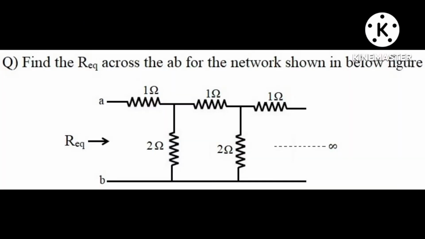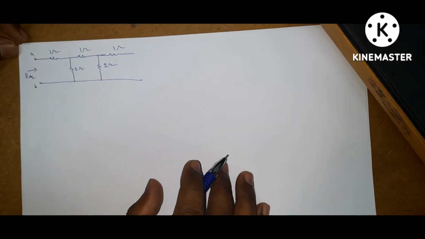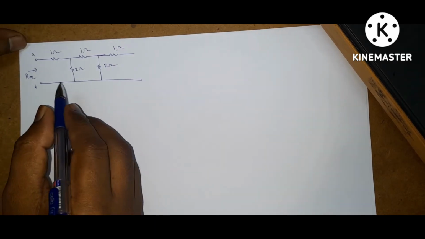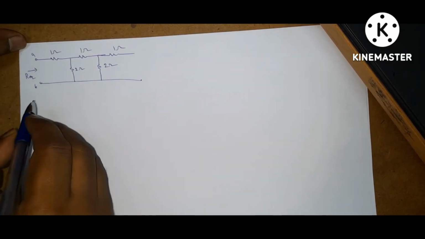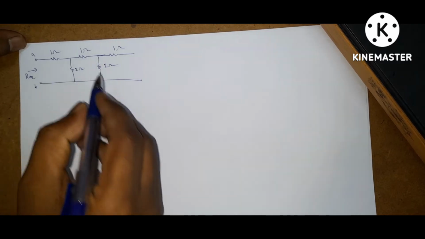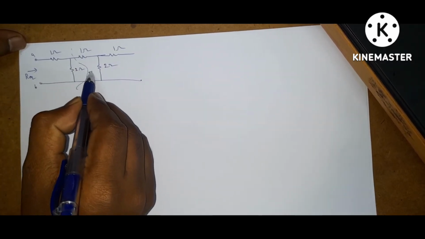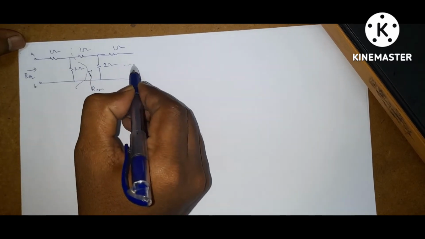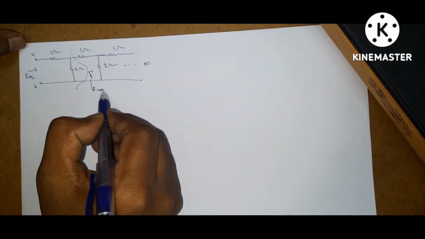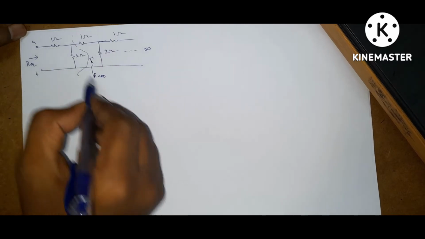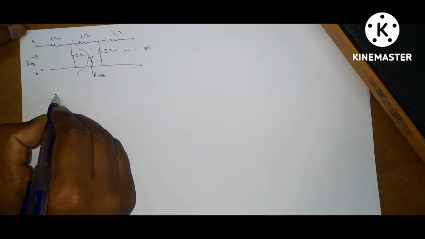Next question, find the R equivalent across AB for the network shown in the figure. This is the given circuit. This circuit also looks like the previous problem. If you cut here, from this it is R equivalent again, up to infinity. So this can be replaced with R equivalent. You will get